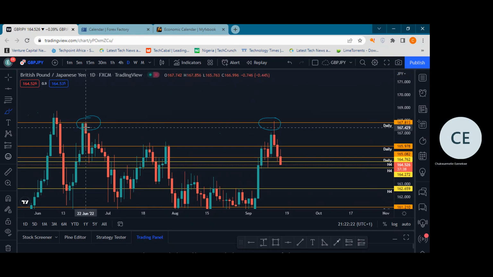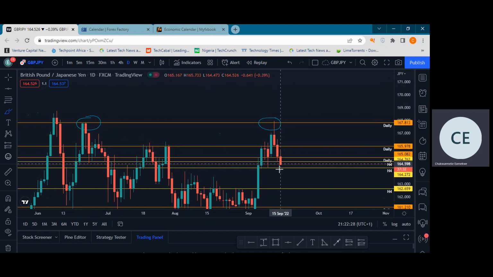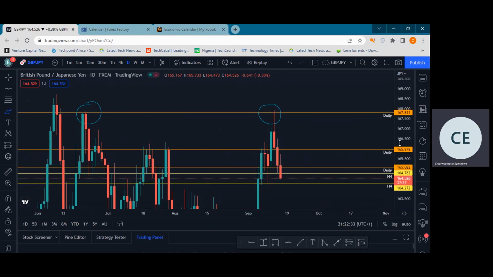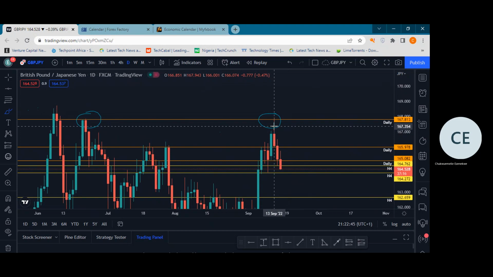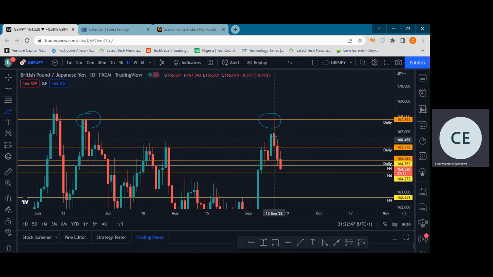Based on our analysis on the 14th of September, we had predicted this downward push for the reasons we had articulated in that video. But let me give a quick recap of our recap. You could see the Tuesday candle, after the US CPI news, closed bearish, creating a strong resistance with a wick to the upside. So it rejected strongly.